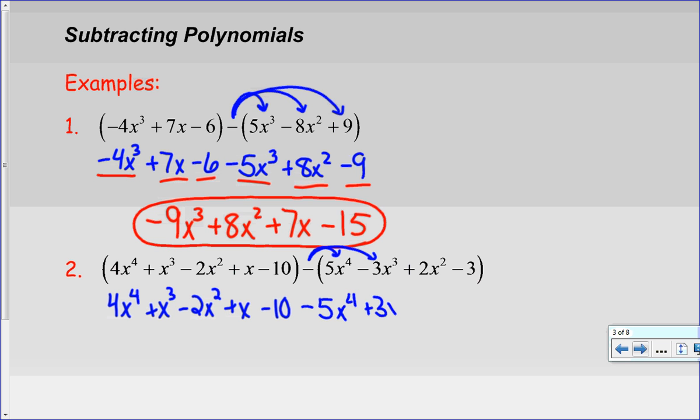plus 3x cubed minus 2x squared plus 3. And now we again work from highest degree terms to lowest degree terms, and we combine our like terms. 4x to the fourth minus 5x to the fourth is -1x to the fourth, or we could just simply write a -x to the fourth,